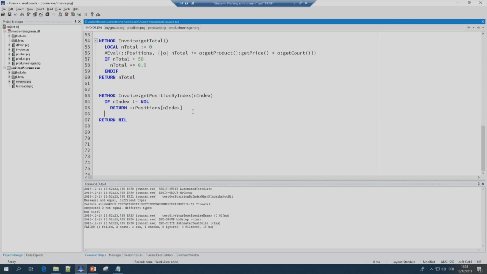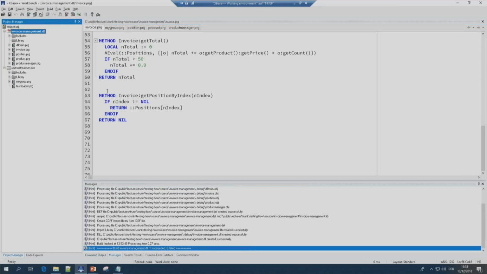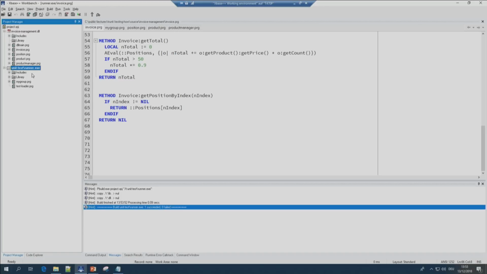If not, I return nil. So now I built my project, my method, and then I built my tests again, and I